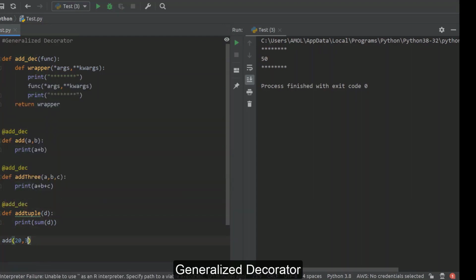Here in the function we are passing a tuple. So the same decorator we can apply on the tuple function also. So bottom line is this: by using this asterisk args and double asterisk kwargs, we create one generalized decorator which works for functions with any number of arguments.